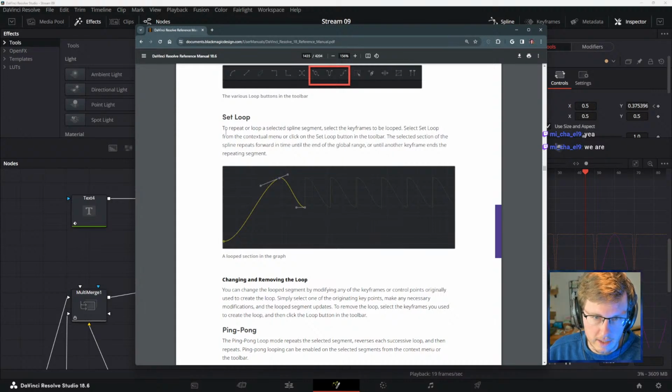So you can set loop. Oh, that's cool, actually. You can select just the keyframes to loop.